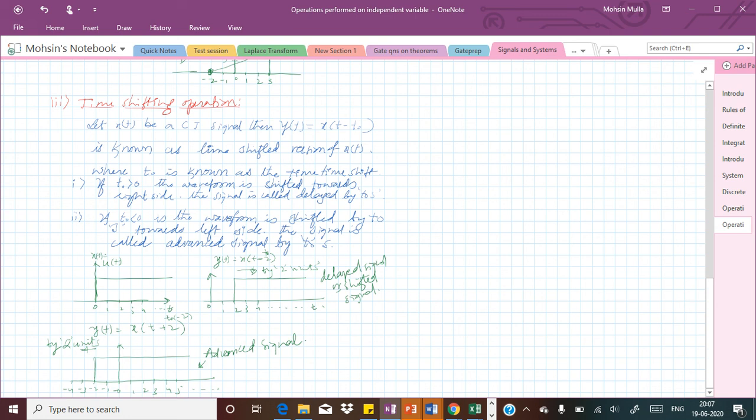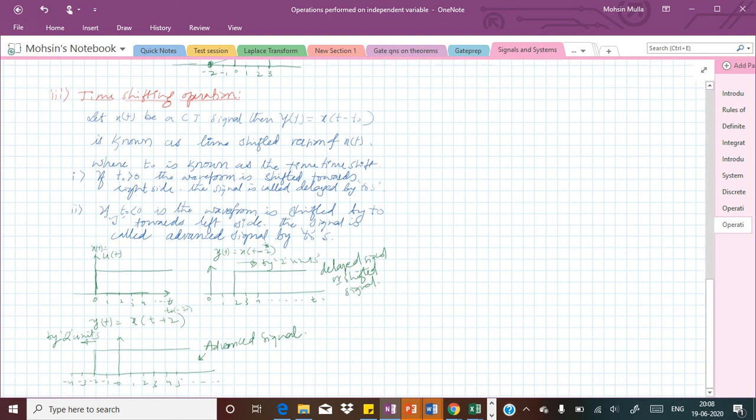And if I advance, some portion of my beginning will be cut. Suppose my beginning was not good, the introduction section was not good, I don't want it, so I directly want to start from the content. So I have to advance it, meaning the initial 5 seconds I have to move before the starting time, that is our 0th instant. When you move it before that 0th instant, that much of the signal will be lost, meaning it has already played in the previous time, since we are watching in real time. Previously it has played, and whatever has come up to that real time, only from that point onwards you will be able to see the entire video. That is how you can understand it with the practical example of this video.